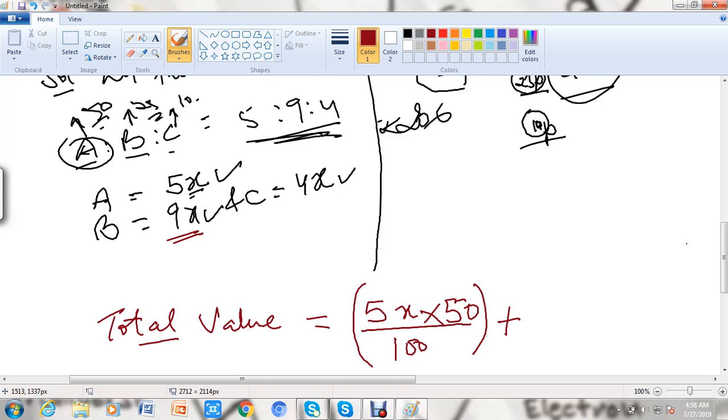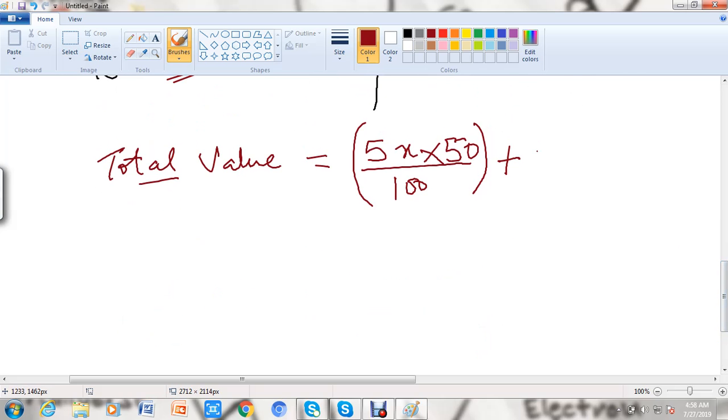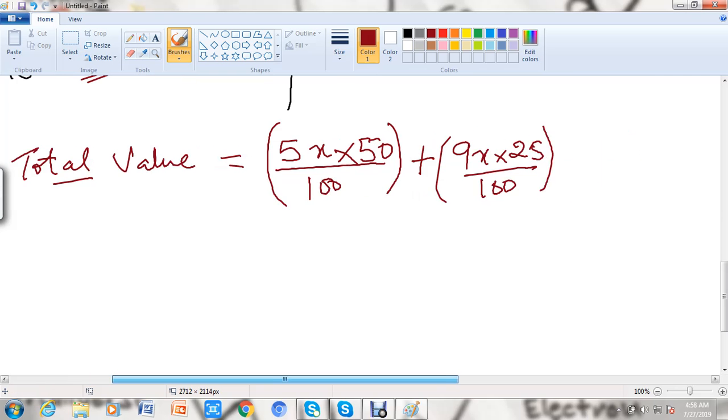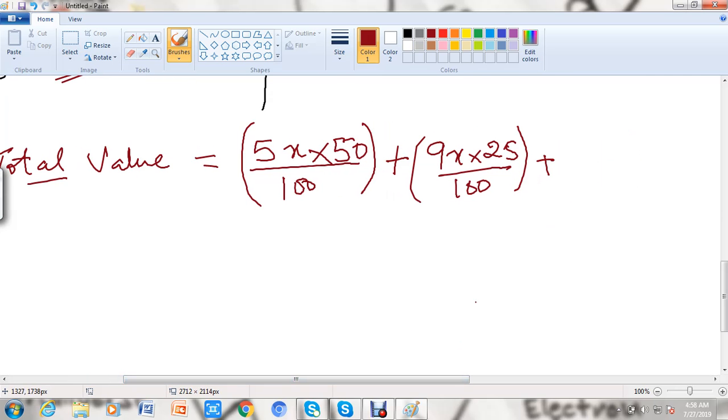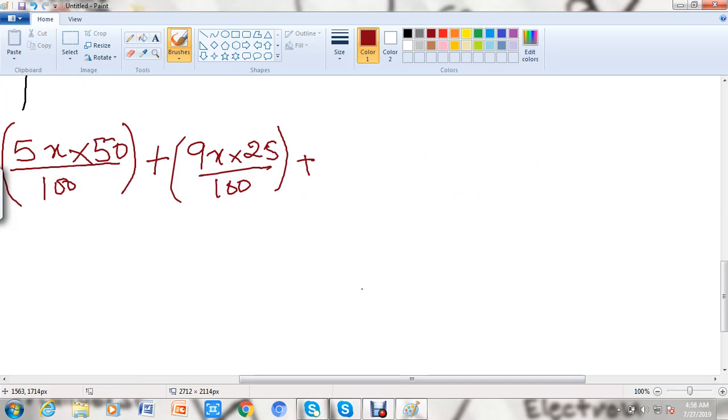Now, the next value is 10. It was 4x, right? And 4x, 10 paisa coins are there. So 10 multiply 10. So this is the value in paisa. Now converting it into rupees, dividing by 100. Everywhere I have got this, and this was equals to 206, which we got earlier. So this total value is 206 rupees, which is equals to, if we solve this now, you can see